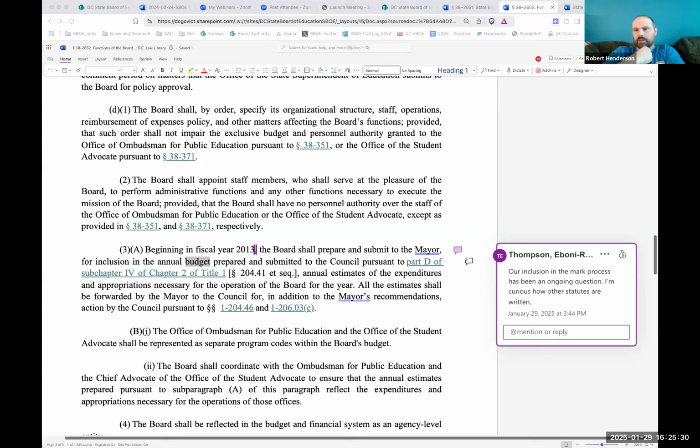That's probably not even referring to the State Board of Education, right? That's referring to an entity that doesn't exist anymore. Yeah, it was the old iteration, the old Board of Education. So I think it probably should either be DC Health, possibly OSSE, but having us be charged with that doesn't really make sense to me. So maybe what we do is just have a meeting with either OSSE or DC Health and decide how this language should be written.